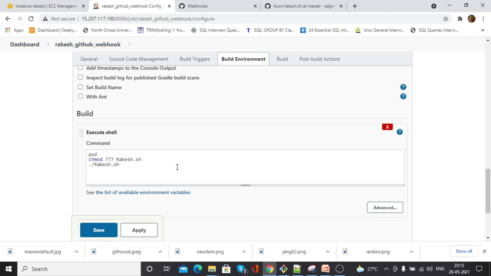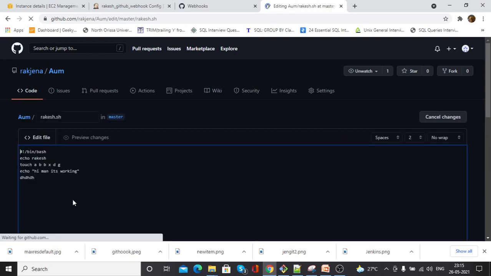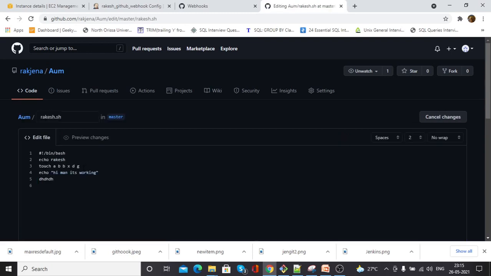After that, I am going to execute this script. And what is there inside this script? Inside this script it is not doing anything, so it is just echo something, then it is going to create some file. Let me change the file name.